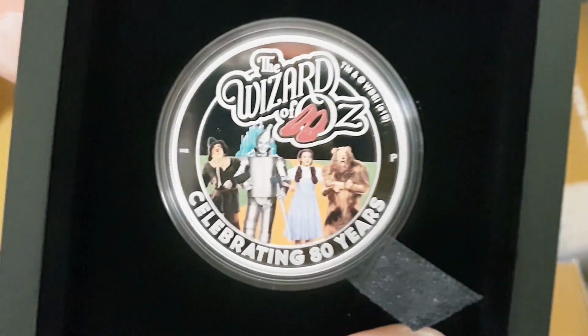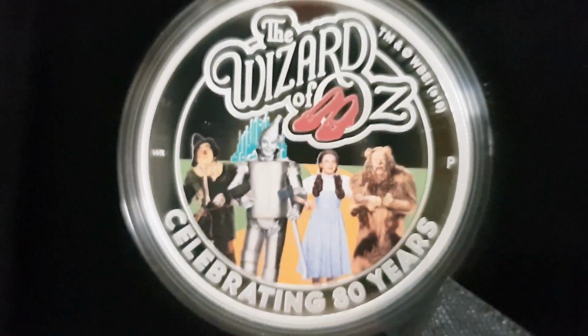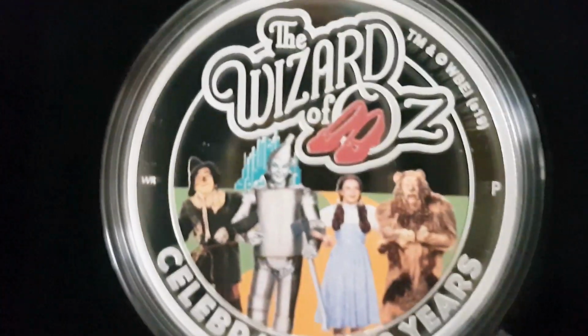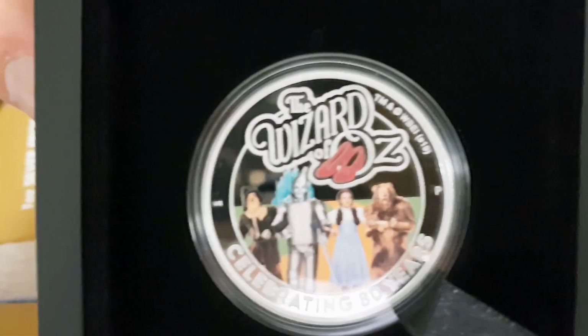Celebrating 80 years. Now, there's a bone of contention. One of us in the office here was saying that it should be marked as an error coin. Would you like to explain why technically this coin should be marked as an error coin? Because it has the wrong coloured shoes. What do you mean, the wrong coloured shoes? Well, it has the red shoes, which is right for the film, but